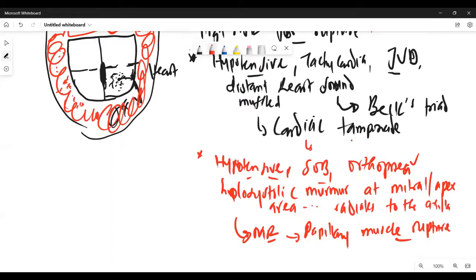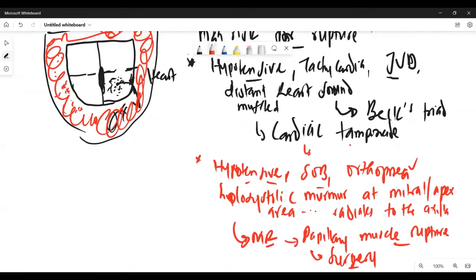So most likely that's what's going to happen, right? And of course, this patient might need surgery to fix it. And there's some temporizing measure before surgery, which we want to talk about when we get to cardiovascular. So that's another complication that will happen. So the papillary muscle that is holding the mitral valve, if it ruptures, that will lead to potential